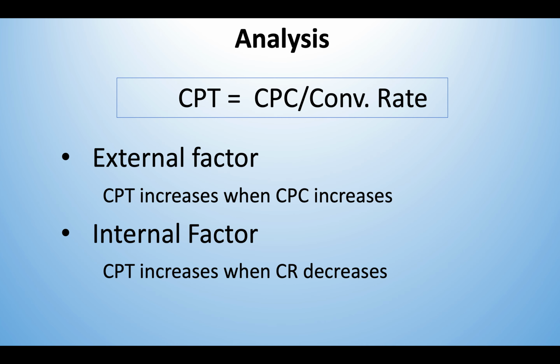The second part is CR. Whenever there is a drop in CR, your CPT increases and your corresponding conversion will drop. So that analysis you're going to do. Again reiterating, a CPT increase could be because of two factors, external and internal factors. The external factor is basically your CPC. The CPC could change because of your competition or because of a sudden surge or drop in the demand. And the internal factor which changes your CR is something at the product level or even at your campaign level. We'll delve deeper here.